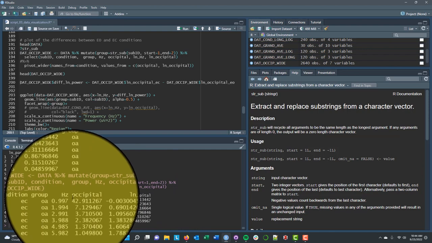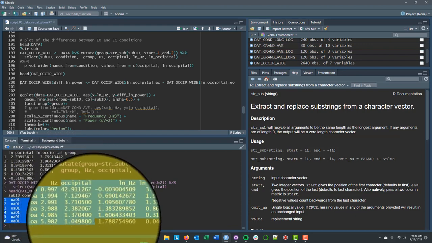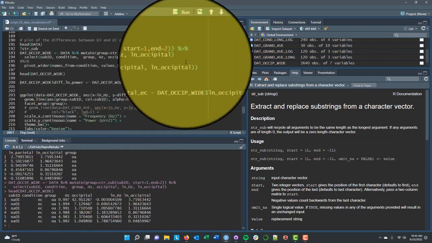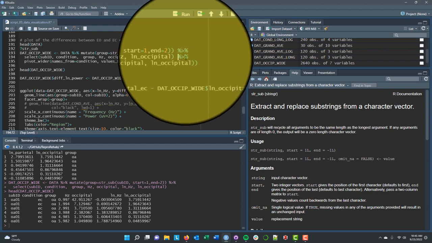And what we really want to do here is pivot these data from long format to wide format in order to do the calculation we want and get the visualization that we want. Sometimes you'll want to go from wide to long, sometimes you'll want to go from long to wide. It just depends on what you need the data to do, so being able to pivot between wider and longer data formats is a really helpful skill to have. And what we want to do here is, rather than have one occipital column and eyes closed and eyes open be in different rows, I'd like to have one column for occipital eyes open and one column for occipital eyes closed. So if we come back up here to line 194, remove the comment and turn this pipe back on,